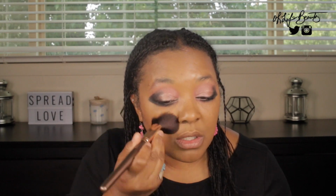Please bring this back. That's one thing that I don't understand with brands. When they have such a beautiful formula for something and it disappears. I know they want to reformulate, or maybe they want new packaging, but if it's not broken, don't get rid of it. I love this for my skin tone. It's such a beautiful color, and they don't make it anymore. I thought I was going to be able to go back and repurchase, but this color is not there. BareMinerals, please. I'm going to send a personal note to you. Please